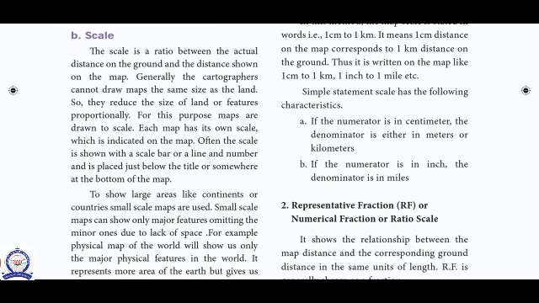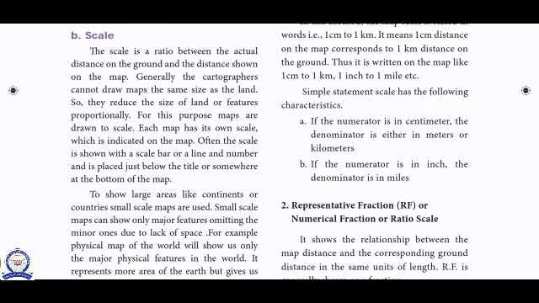For this purpose, maps are drawn to scale. Each map has its own scale, which is indicated on the map. Often the scale is shown with a scale bar or a line and a number, and it is placed just below the title or somewhere at the bottom of the map.